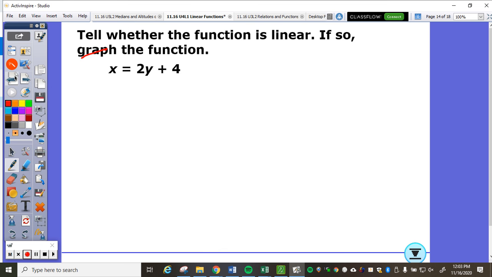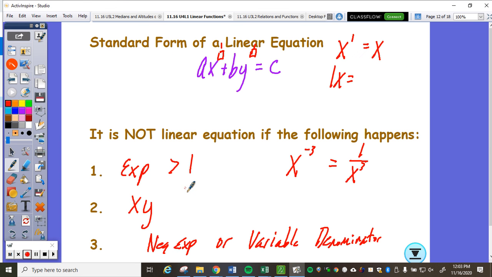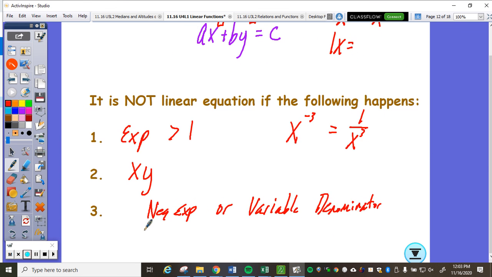Now, I left off this right here. Go back to these rules. You cannot have a variable in the exponent. You really need to add a fourth one down. It says no variable